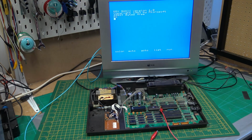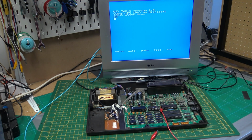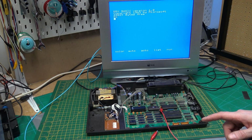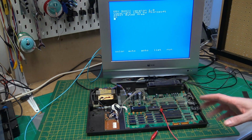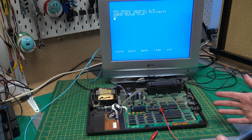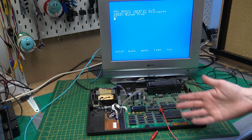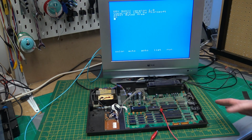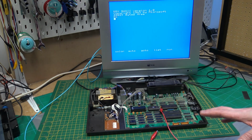MSX BASIC version 1, 28815 bytes free. Awesome. We've been really lucky that the problem so far has just been that the mask ROM was bad. Programming a new ROM has brought this MSX back to life. Wow, it could have easily been so much worse, having to hunt around trying to find chips like the video chip. Z80 not too bad, the memory not too bad,